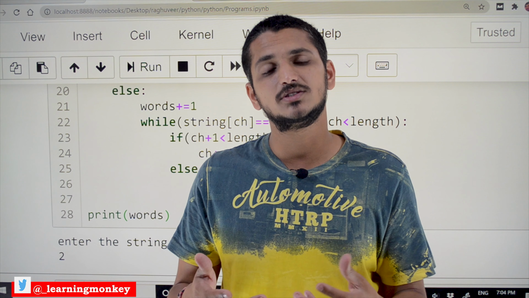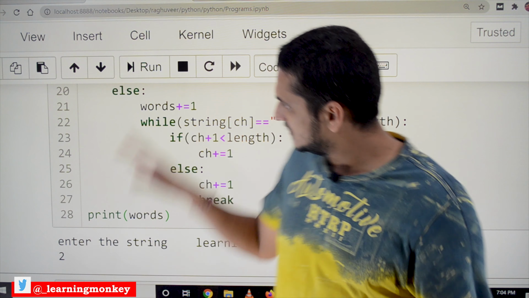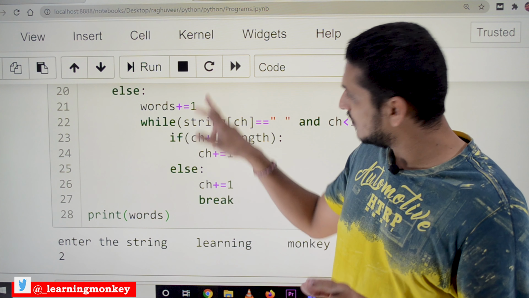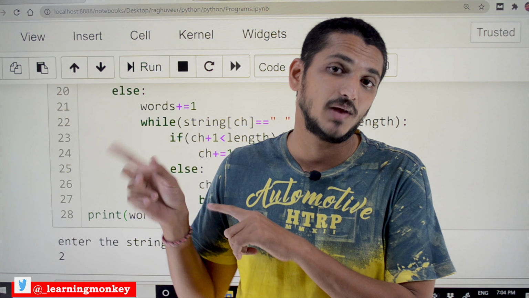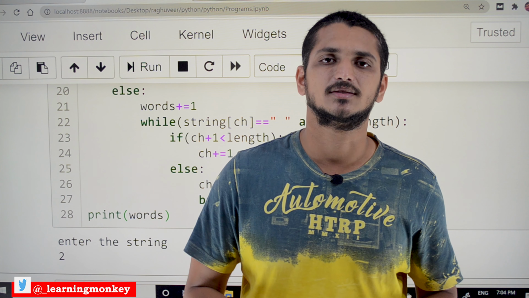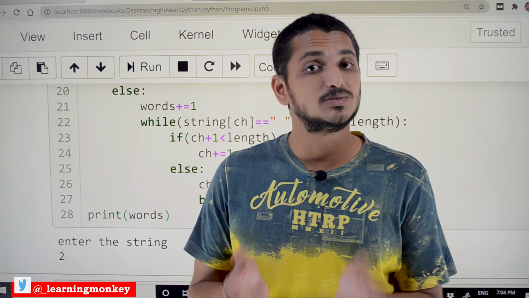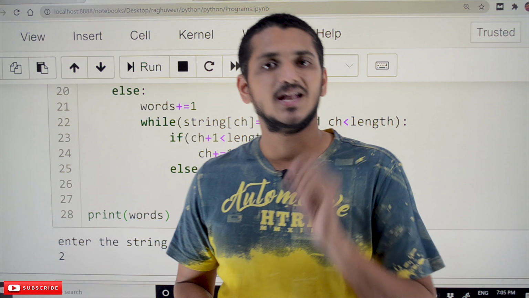How to write the logic using the split method, that we will discuss as a concept. For the same example, we can write the code in a single line of statement using the split method. This example will be discussed when we discuss placement and coding questions in our coming classes. There we will discuss how we can write this entire logic in a single line of statement using split.